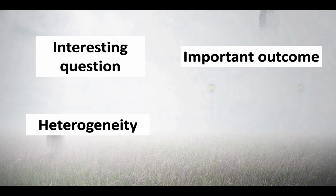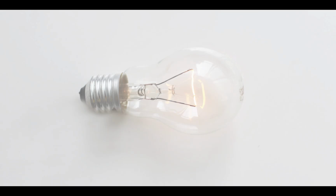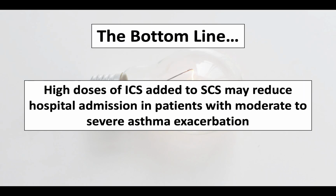Unfortunately, there was a lot of heterogeneity among the included studies, especially dosing of the inhaled steroid. It ranged from anywhere between less than 1,000 micrograms all the way to over 3,000 micrograms of an inhaled steroid. Also, unfortunately, the individual studies did not do a good job of reporting adverse events. Bottom line, high doses of inhaled steroids added to systemic steroids may reduce hospital admission in patients with moderate to